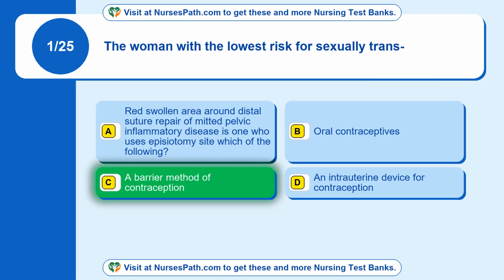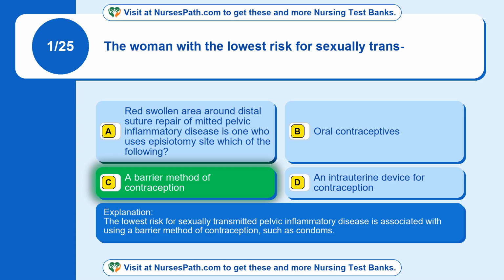The correct answer is option C. A barrier method of contraception. The lowest risk for sexually transmitted pelvic inflammatory disease is associated with using a barrier method of contraception, such as